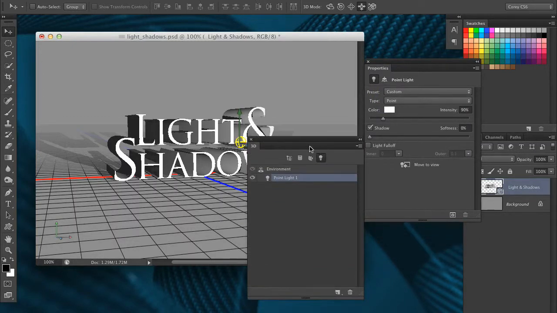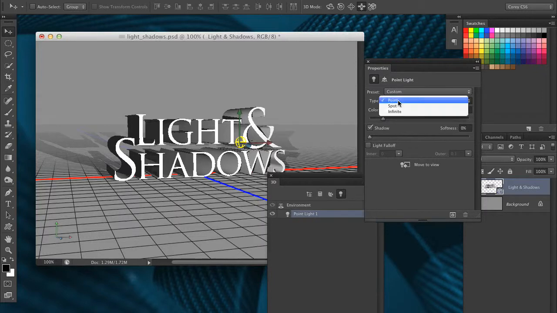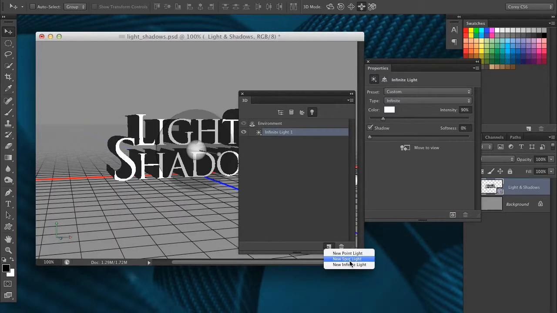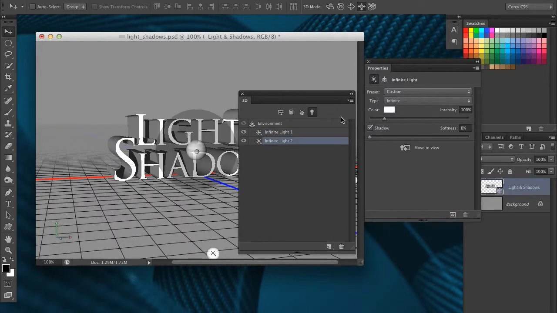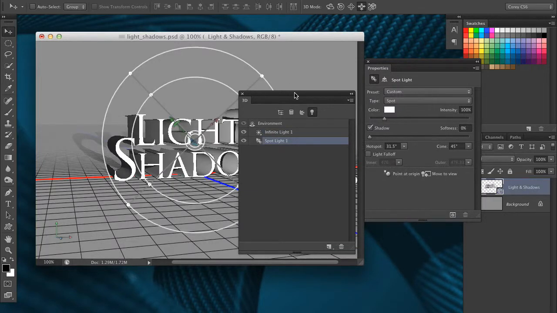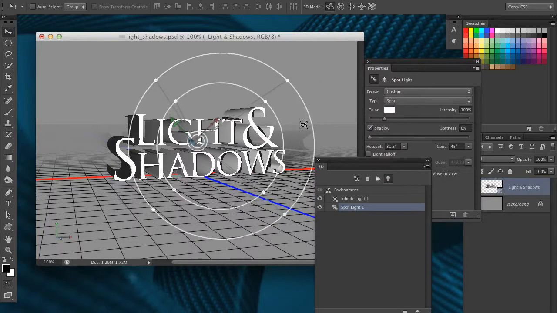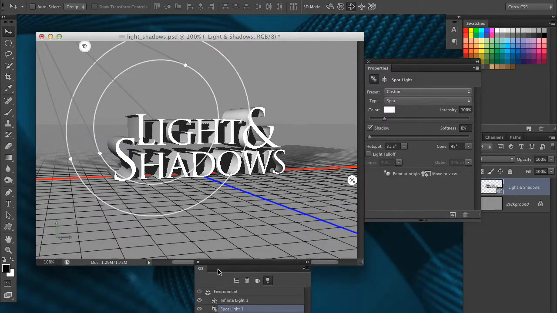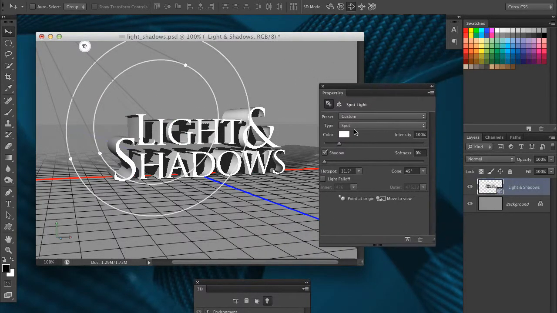Now, of course, by default, this one has... Let's go back and make that an infinite light right there. But I could go ahead and add a new light. If I go down here to the bottom of the panel, I can choose a new spotlight. Oh, no, that did another infinite light. Let's actually do a new spotlight. So I can have multiple lights doing different things, both at different intensities and such, to illuminate my objects. And to tweak them a little bit, you can go in here in the Properties panel,